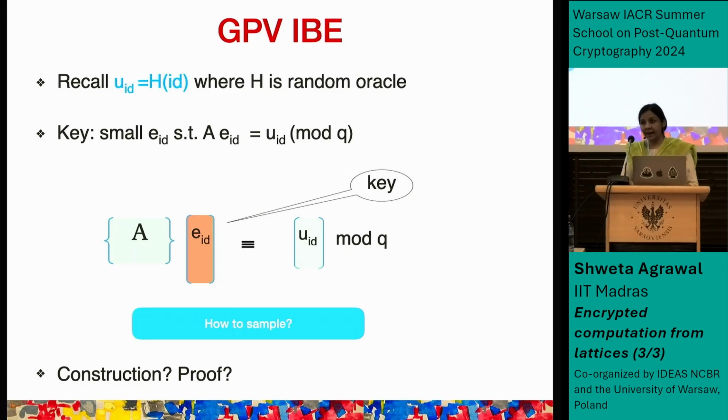This is actually exactly right. What he said is that you set up the A so that you know the trapdoor. And in fact, this works perfectly because we already saw yesterday that we can find an A such that A looks random, but it has a trapdoor. The trapdoor exactly allows me to invert these one-way functions. So here I have some arbitrary U, and I can invert it using a trapdoor for A to get this short vector, and that's all I need. Now I can go ahead and do my encryption and decryption just as I was doing before.